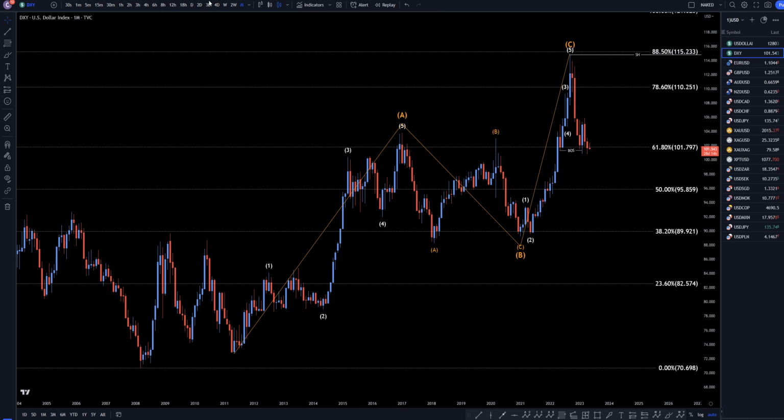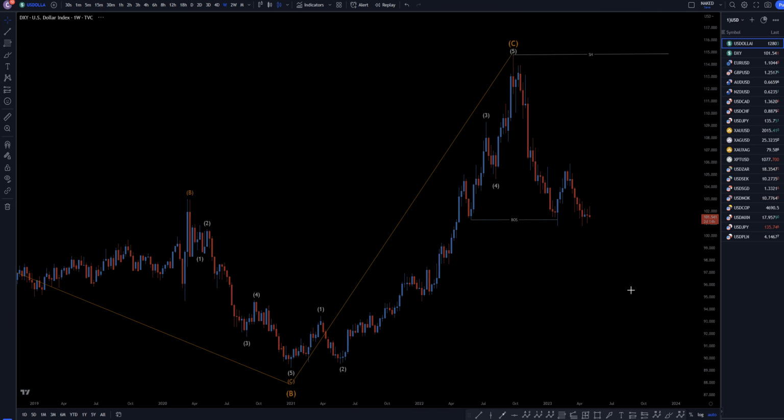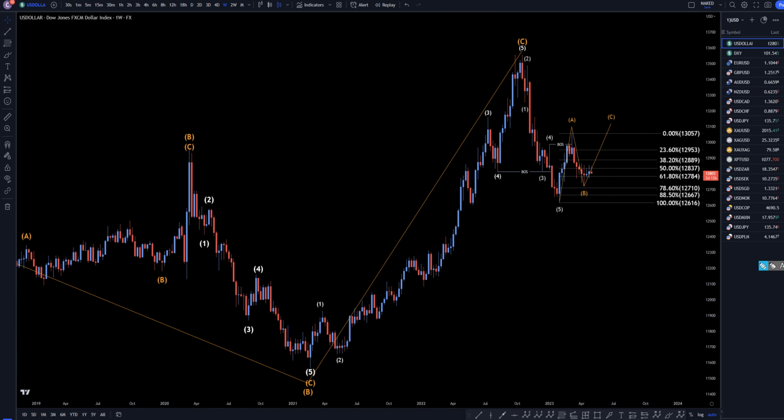So let's take it down to the weekly time frame. So it's back to the US dollar index. On the weekly is where you can actually start to see the lower lows, lower highs that make up this first move down. I still think this is a wave one. Now I have this labeled as an ABC just to remind myself that there is a possibility that it goes up and makes a bigger ABC, which would be a correction to this whole move down.